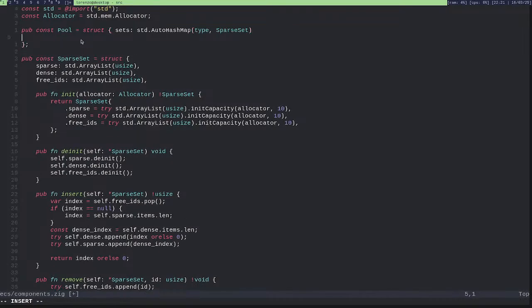And I want some functions. For example, pub function, so I will have to register component.